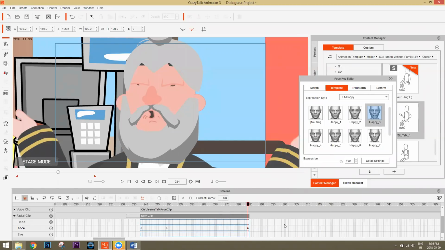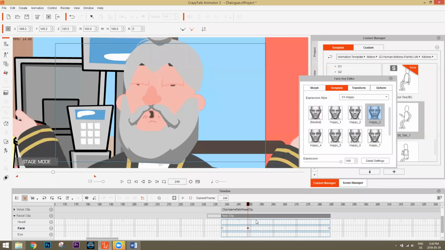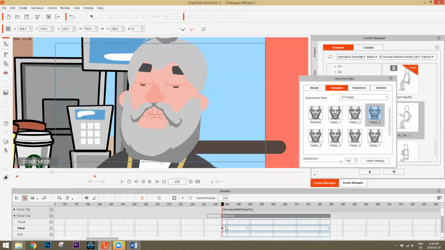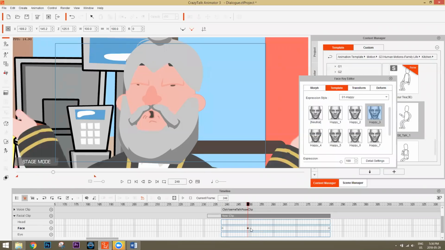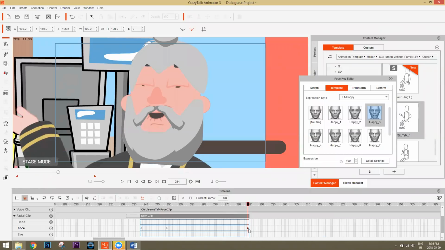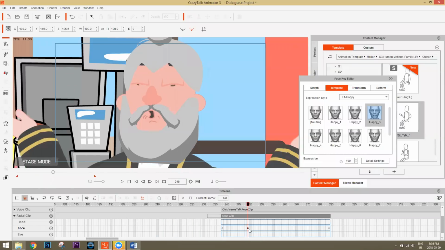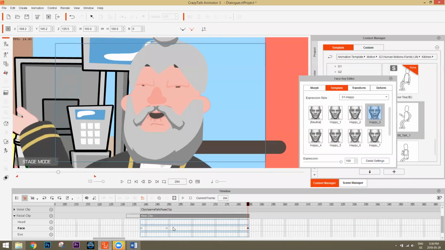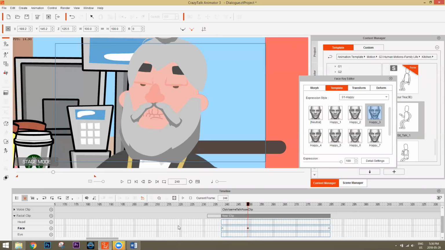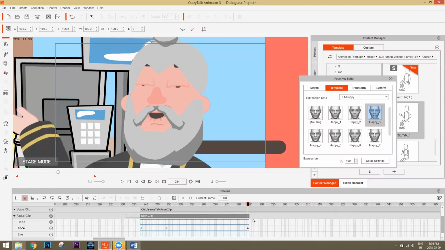Now what you can do as well is you can use the tab key and shift tab if you're dealing with keyframes. For example, if I select the first keyframe here and I press tab, I can go to the second one, and tab again, I'll go to the third one. If I press shift tab, I can go back. That'll take you to that exact frame where your next or previous key is. Very important little tip if you're doing a lot of facial animation, the tab and the shift tab. And you can do that for anything else as well, like transform positioning, basically any keyframe in CrazyTalk Animator.